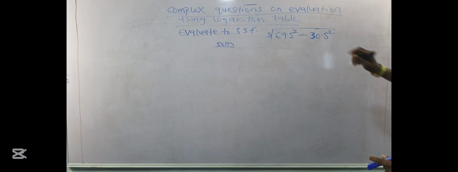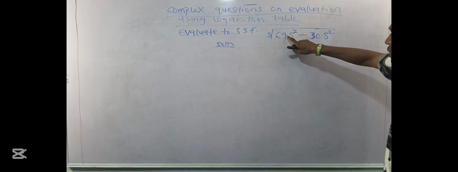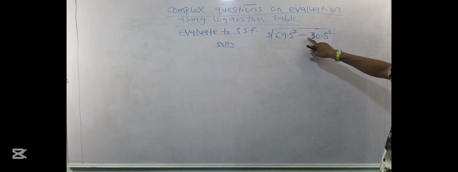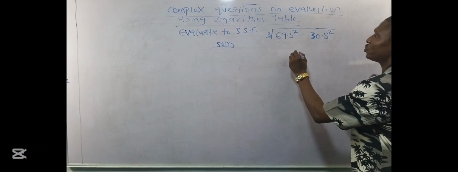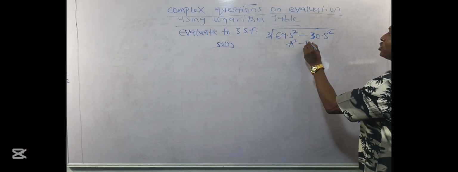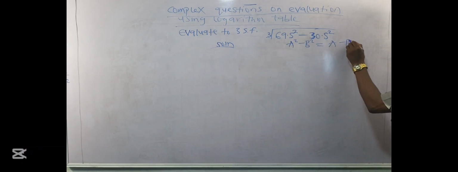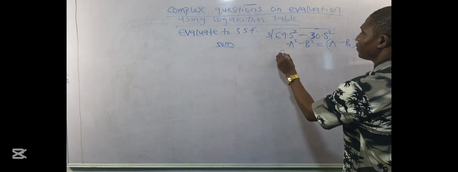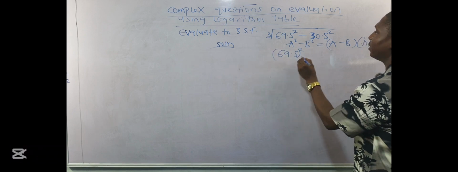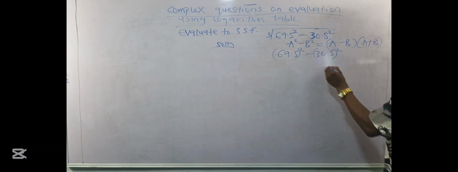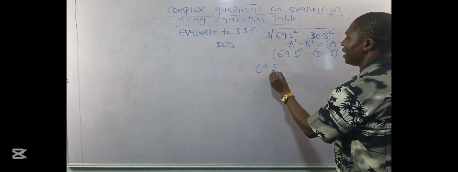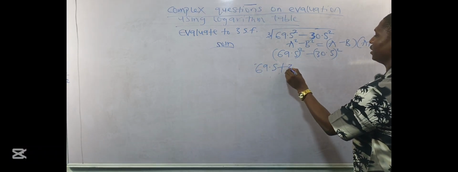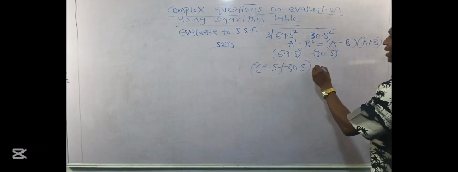But if you notice, this is 69.5 square minus 30.5 square, and this is minus. So this is like difference of two squares. And if I have something like a square minus b square, this will give me a minus b in brackets, a plus b. So this 69.5 square minus 30.5 square will simply give me 69.5 plus 30.5 in brackets, and another bracket